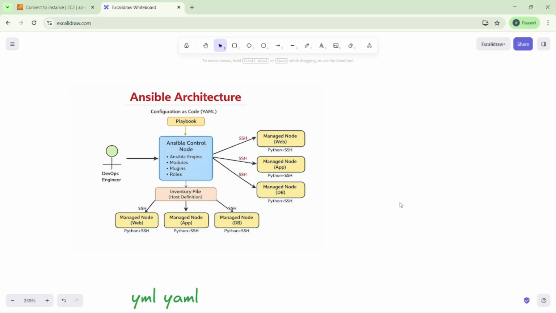Then after that, what do we have? We have one inventory file. What is the inventory file? Inventory file is nothing but how many machines we are going to manage. So we have the configuration that is called the inventory file. After that,